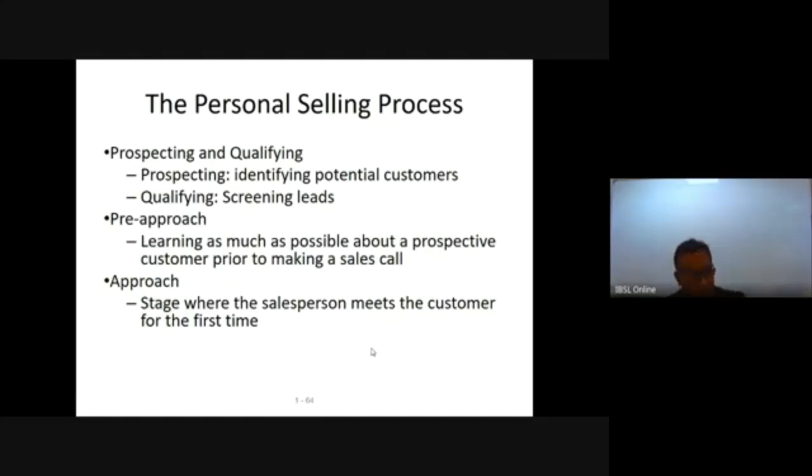But to some extent, personal selling can be done. In personal selling, there are stages in your personal selling process. First, prospecting and qualifying. What do I mean? When you want to target, say, a professional doctor to market your product, what do you do? Prospecting means identifying potential customers. Say you have identified 10 doctors around your branch to go and talk to, and prospecting and qualifying to identify